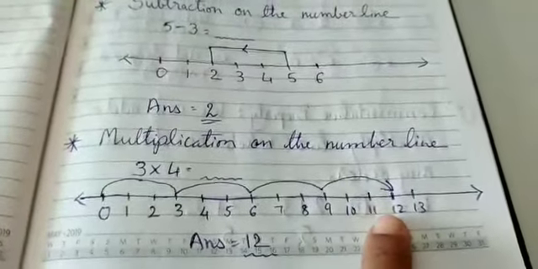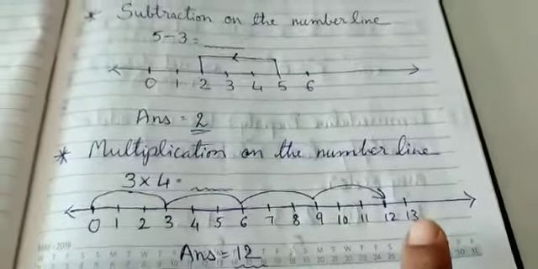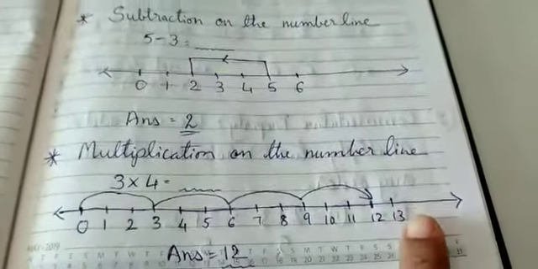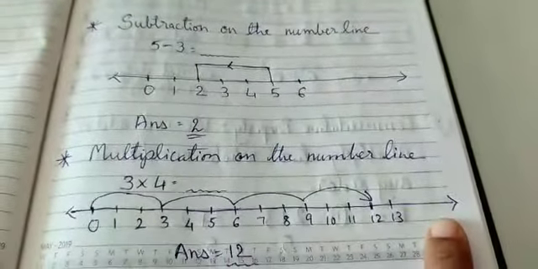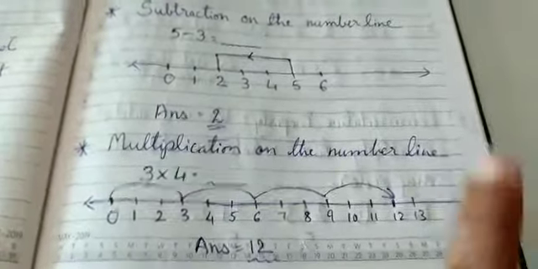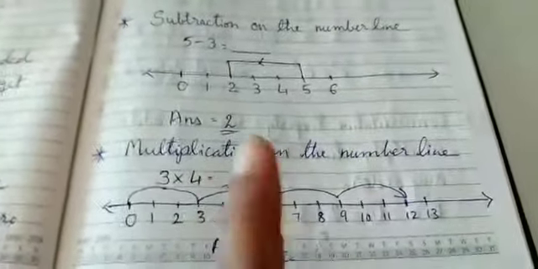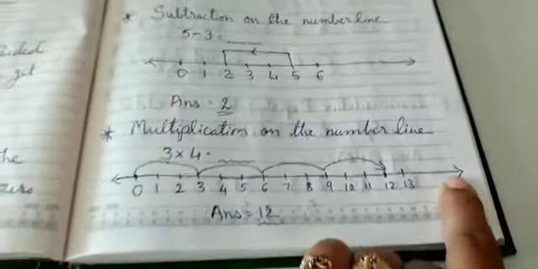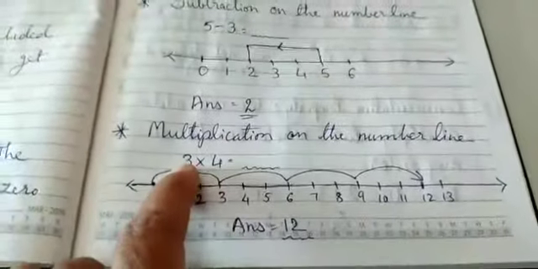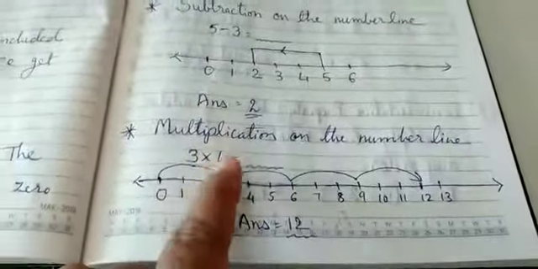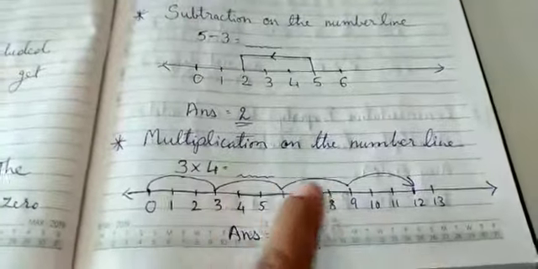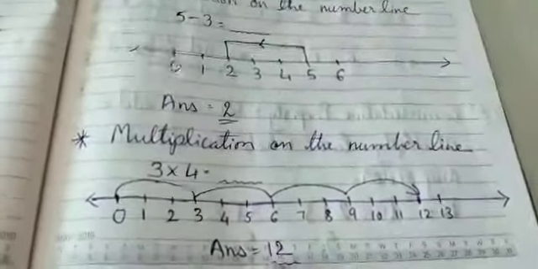तो ये चौथी बार हुआ. उसके बाद और एक बार लेना है 13 14 15. You will reach 15 and you can check your answer. 3 5s are 15. So you reach 15 when you take group of 3 5 times. Now here it is 4 times. So I have taken 4 times and I got answer 12.